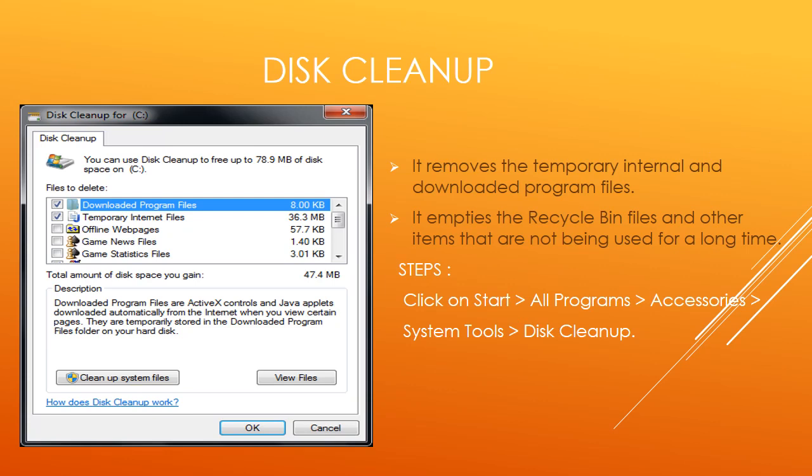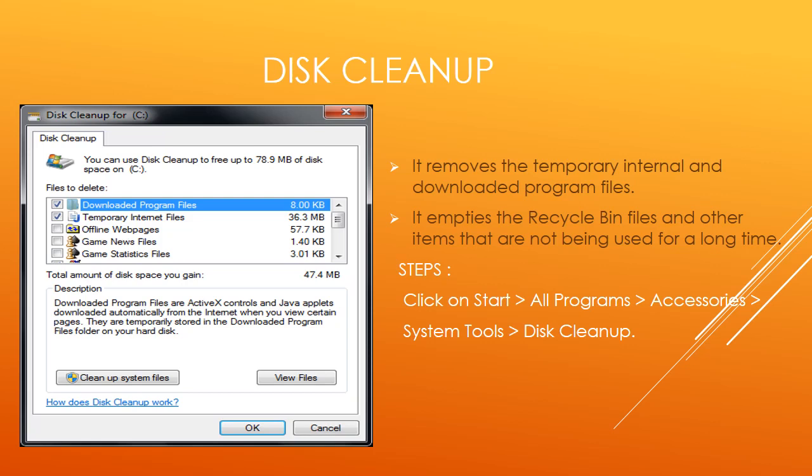Another feature provided by Windows 7 is disk cleanup. Now what is it? It removes the temporary internet and downloaded files from your computer system.